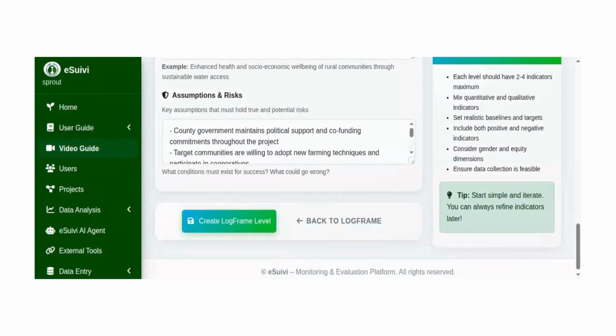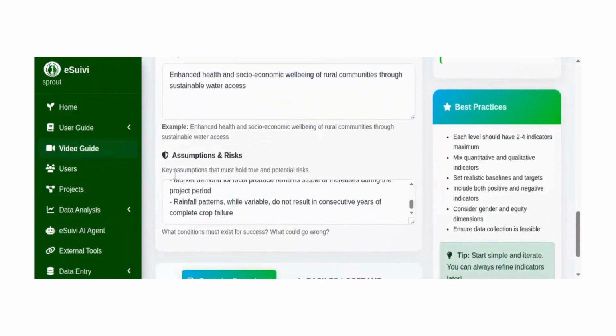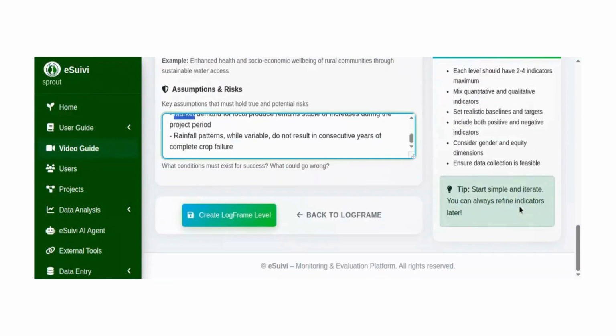To add a new log frame level, click the Add Level button. You'll choose the appropriate level type, such as goal, outcome, output, activity, or input. Then you'll write a concise summary statement describing what will be achieved at that level. For example, a goal might focus on improved food security for farming households, while an output could describe the number